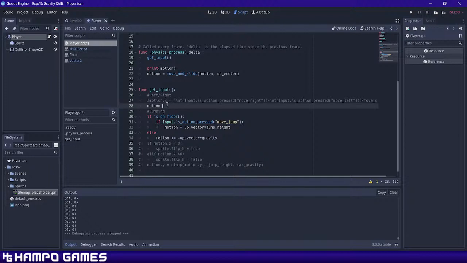Get left and right first, then we apply up and down stuff later. As long as this works, then that can just be added on. That's working at the moment. So motion equals